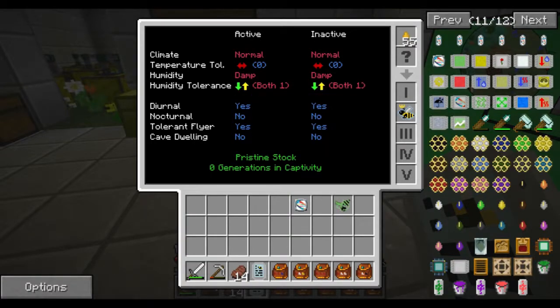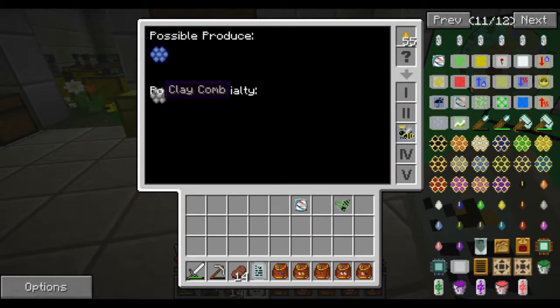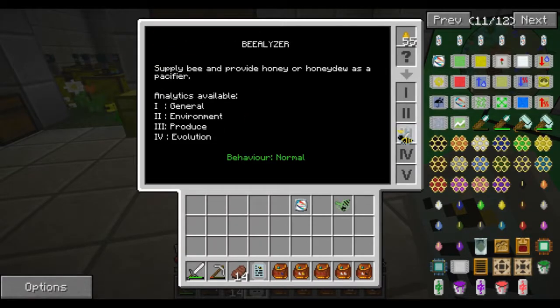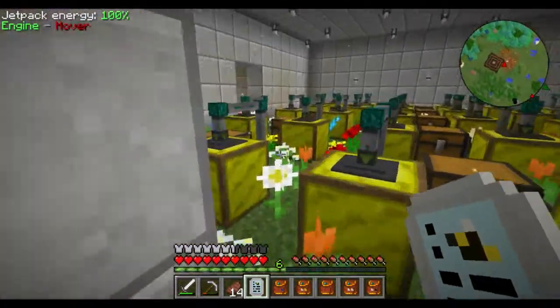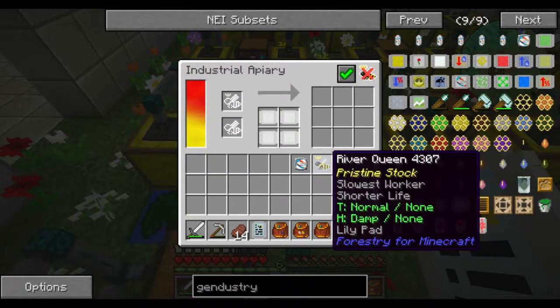It's going to be damp humidity, but it can go up and down, and requires a normal climate, so it's going to work in this area. Its specialty is clay, and it gets a damp comb. Possible mutations are none. And there's that. So because of its territory, and it shouldn't be affected, I should, in theory, be able to